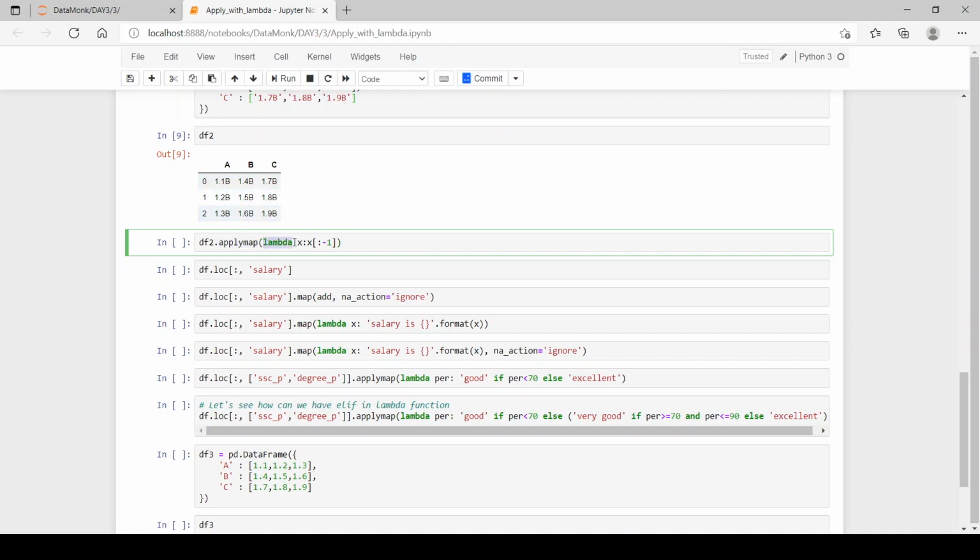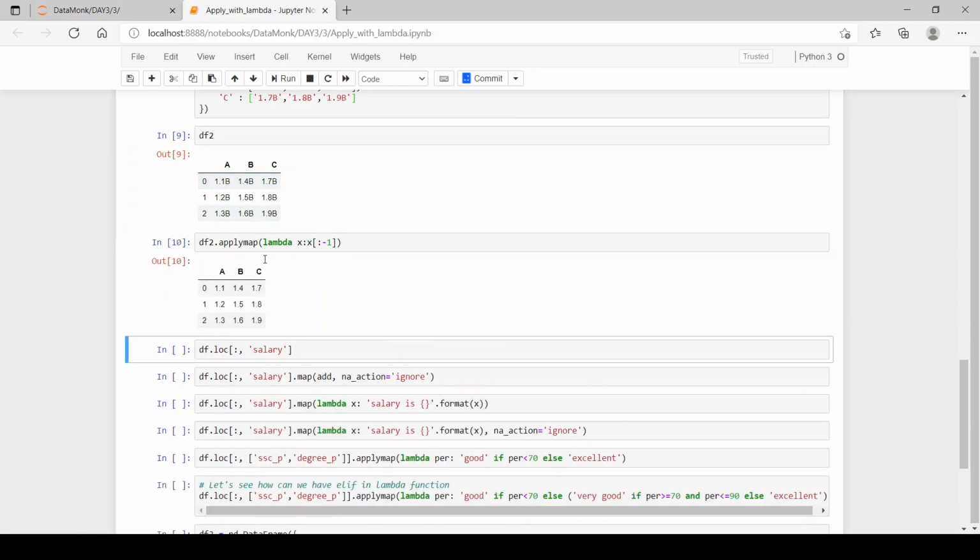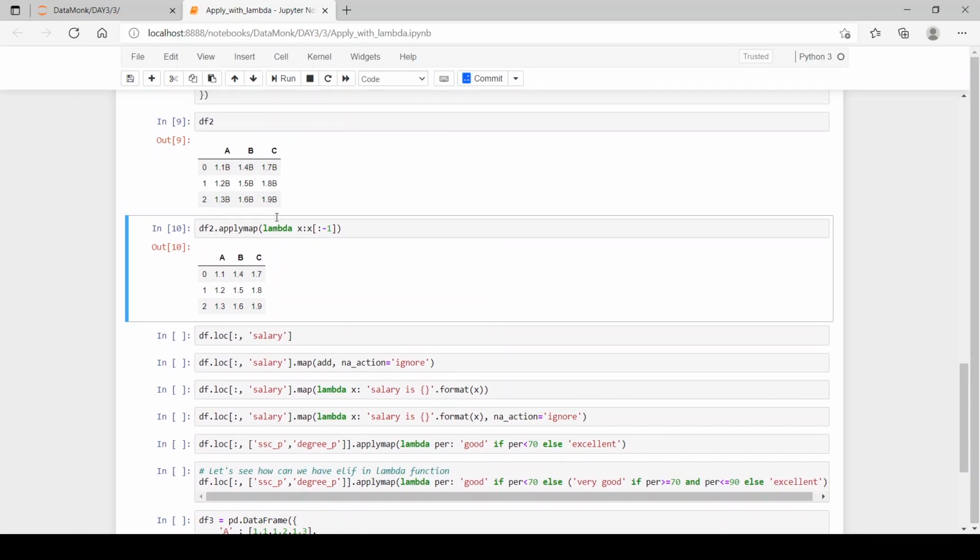The lambda function returns x[:-1], so that x is taken from start till end, but the end is excluded. Minus 1 means the end of the string, so here the end is b. So b will be excluded and we will get only our floating point values. Like here you can see we get the floating point values and the b is removed.